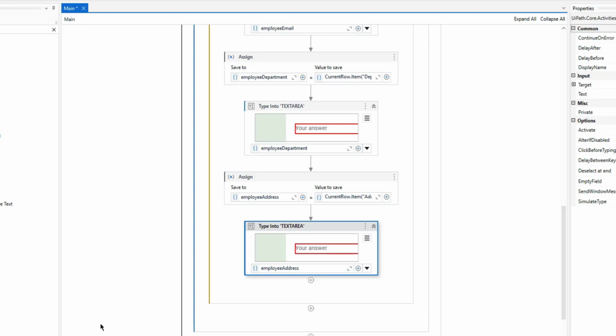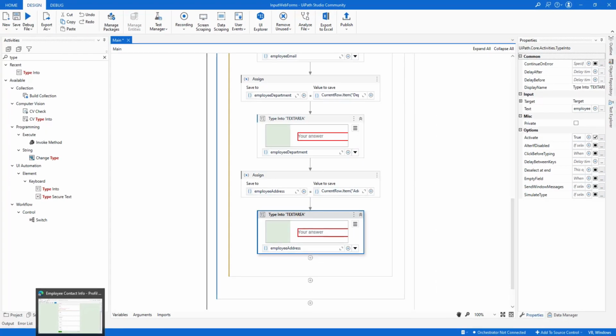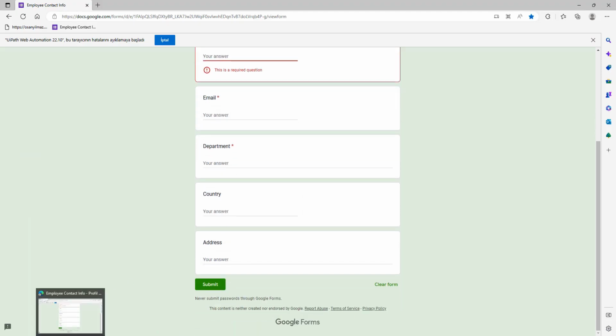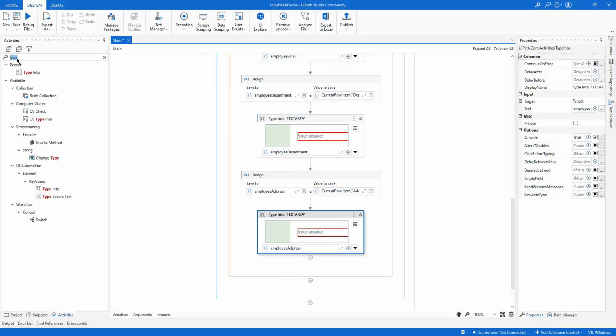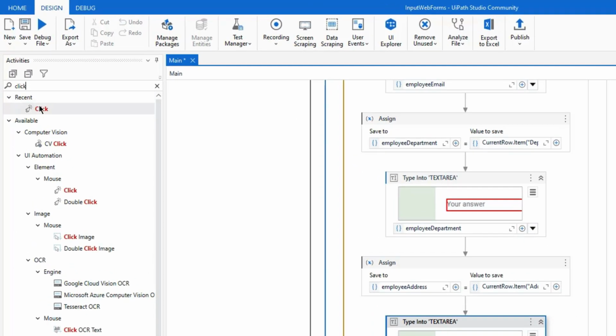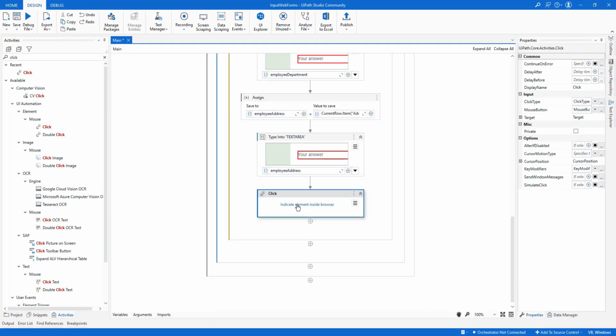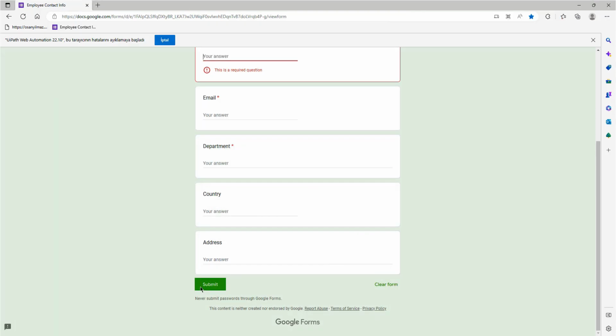After that I am going to click on the submit button. So for that I will need the click activity. Let me search for that, click here, and then indicate the element here. So yeah,